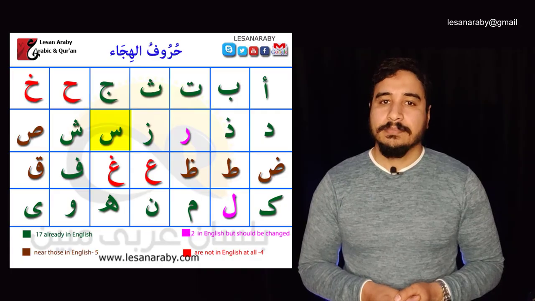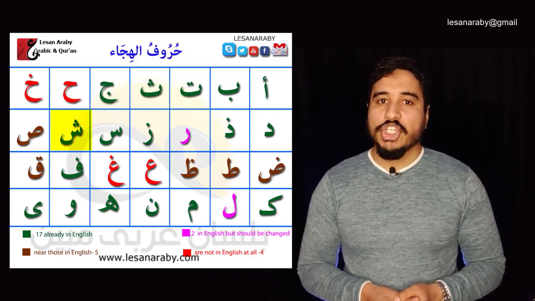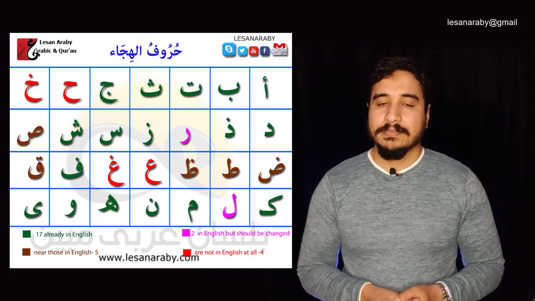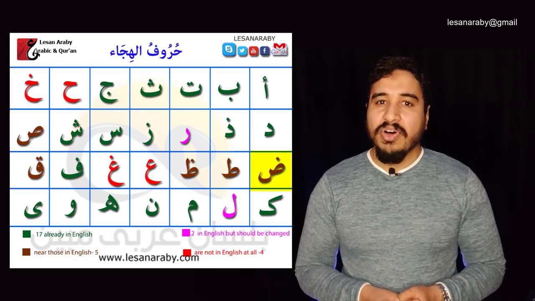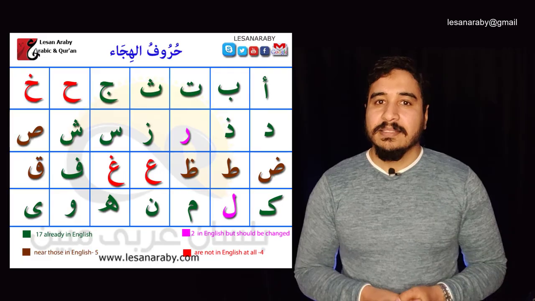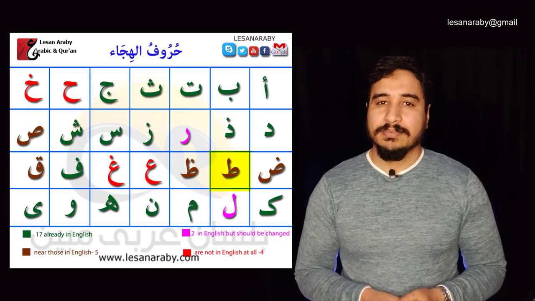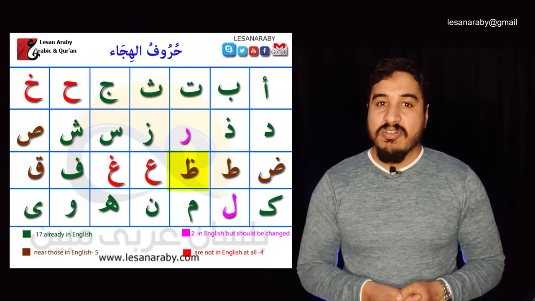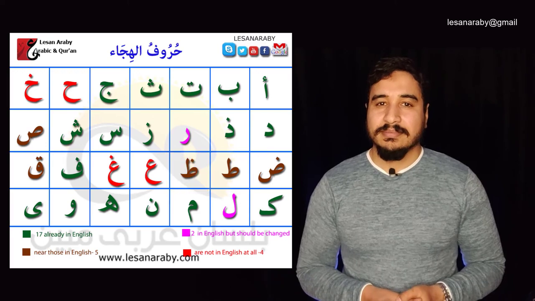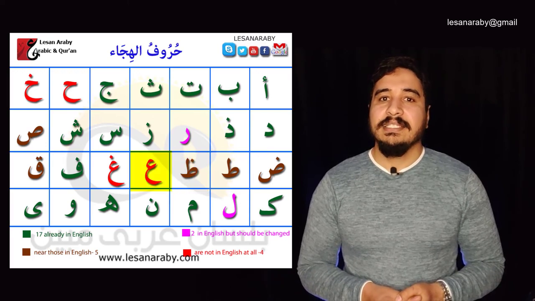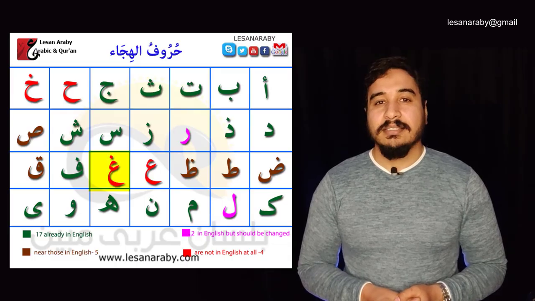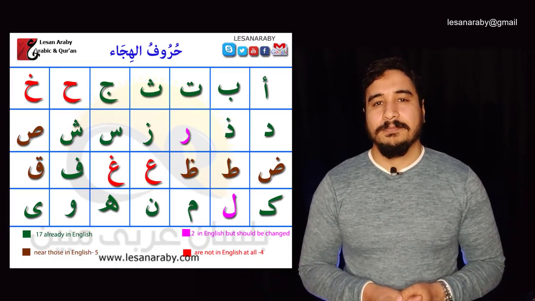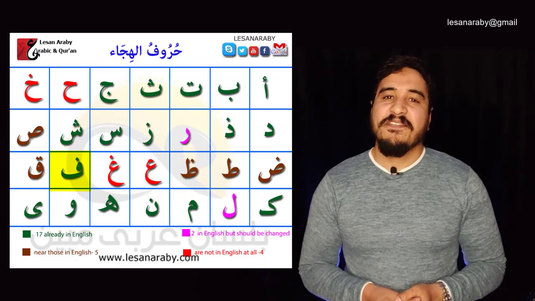سين, س, شين, ش, صاد, ص, ضاد, ض, طاء, ط, ظاء, ظ, عين, ع, غين, غ, فاء, ف,